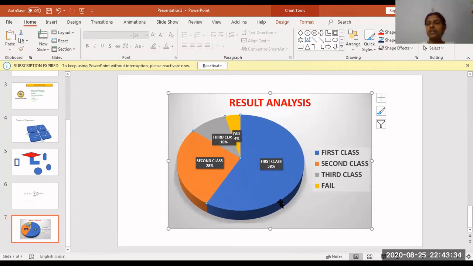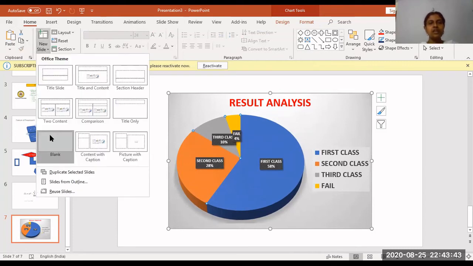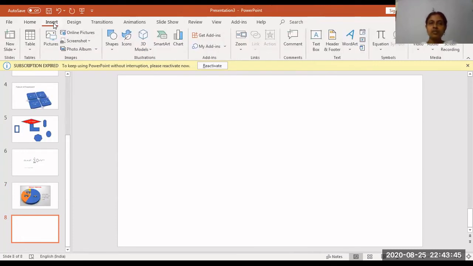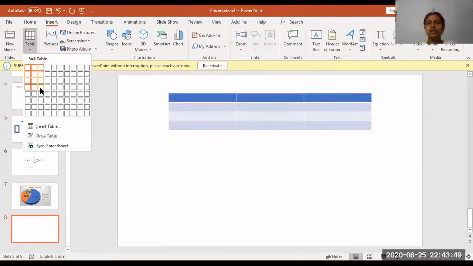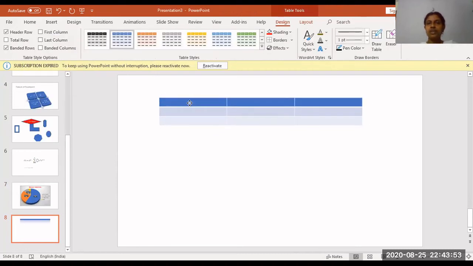You can give the data in Excel, just close that, in a fraction of a second the Excel sheet will come, give the data, and according to it the chart will be placed. Okay, this is one thing. Apart from that, in PowerPoint you can even insert tables. Go to insert, you have an option like number of rows and number of columns, and the table will be done.